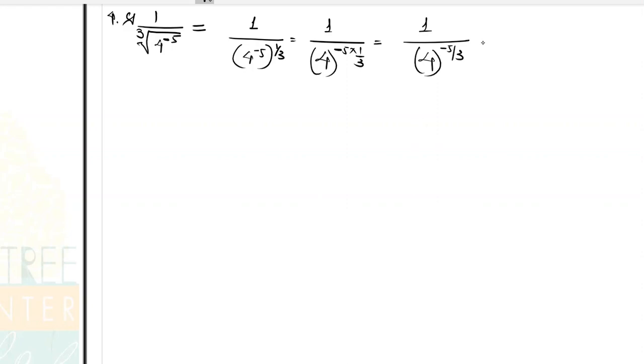And then I'm going to write it as 4 raised to 3. I'm sorry, I have to take reciprocal. When I take reciprocal, that is when I take the term in the numerator, it is directly going to change the sign of its power. So the power remains the same. Only thing, it will become plus. So 4 raised to 5 by 3.